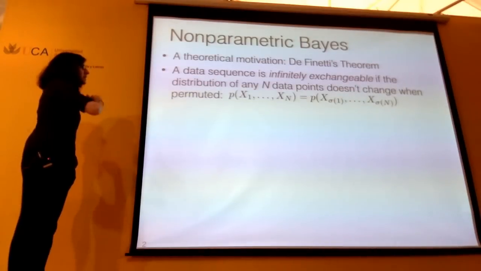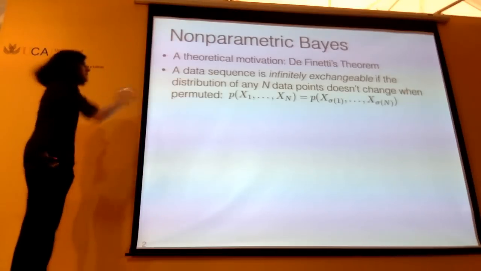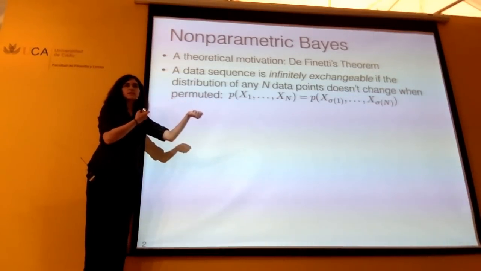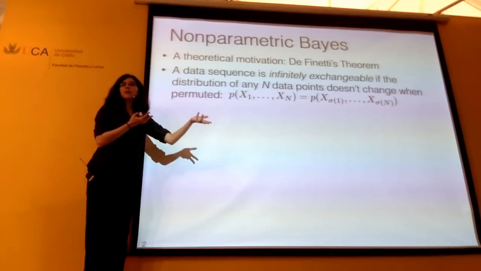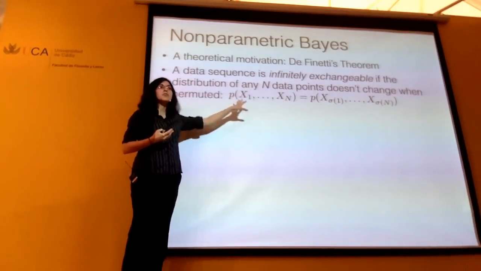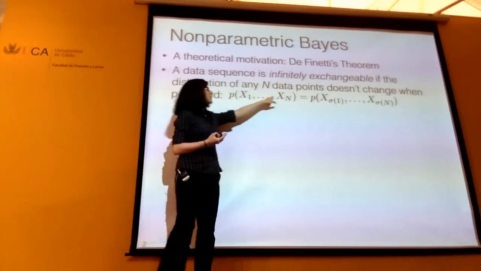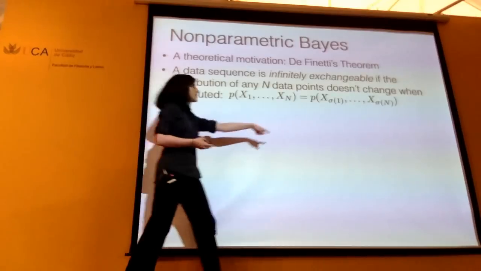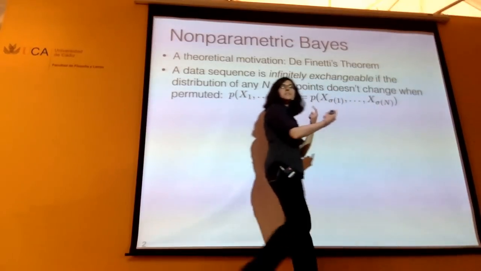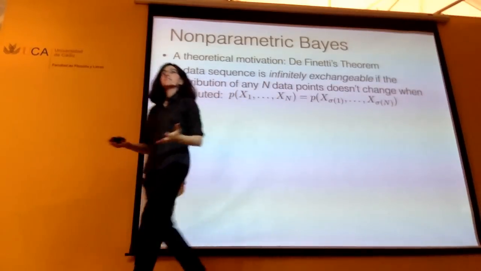Then we say that our sequence of data, which could be any sequence, we're just thinking of documents for the moment, is infinitely exchangeable if for any finite number of data points, I could have interchanged those data points, and the distribution over them wouldn't change. Somehow we're fundamentally assuming here that our data are randomly generated, and we're modeling our data with a distribution, that's this P of the data. Sigma here is a permutation, so it permutes the indices 1 to n to another order of those indices, and we're saying that no matter what n I choose, these distributions will always be the same, and then my data is infinitely exchangeable.